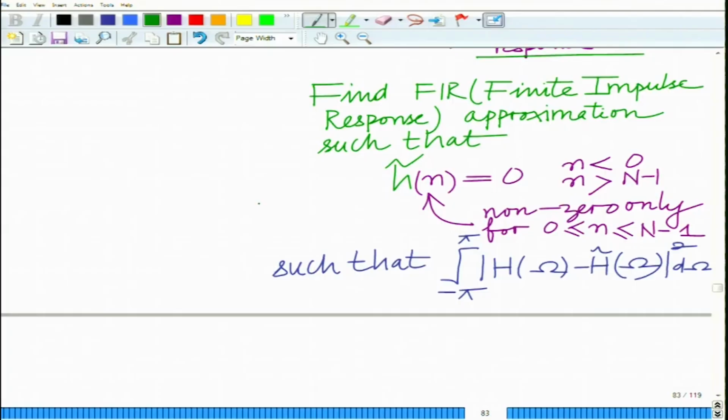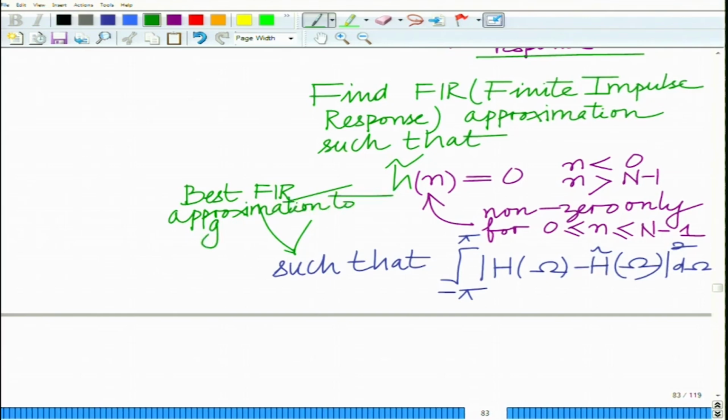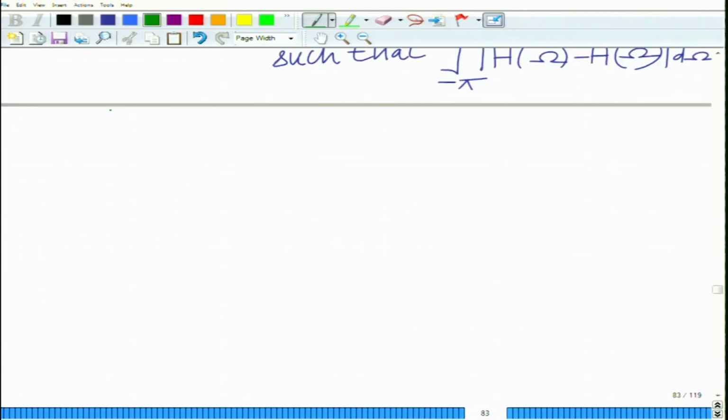Okay, so we want to find the best FIR approximation. What this gives us is the best FIR approximation to the given IIR filter. That is the idea of this problem. Now, to solve this, first observe